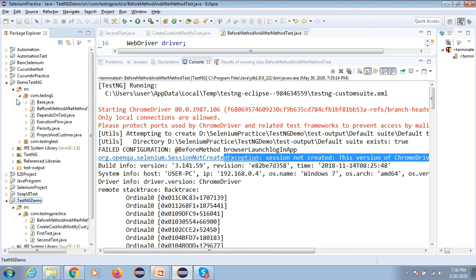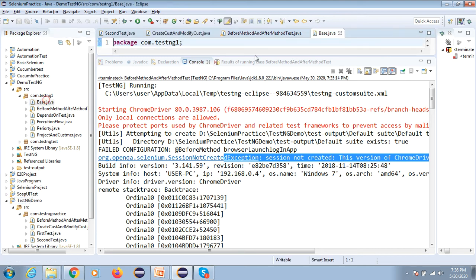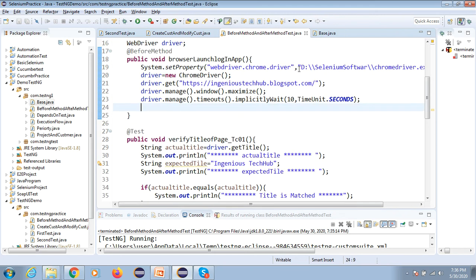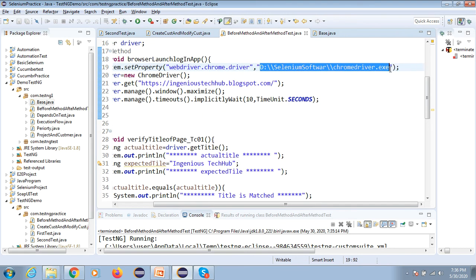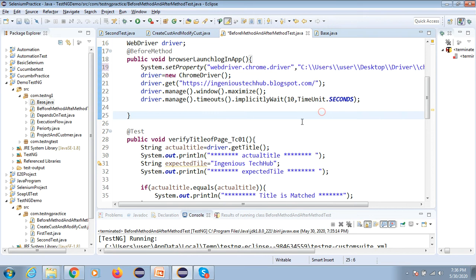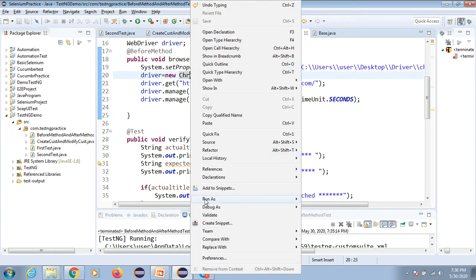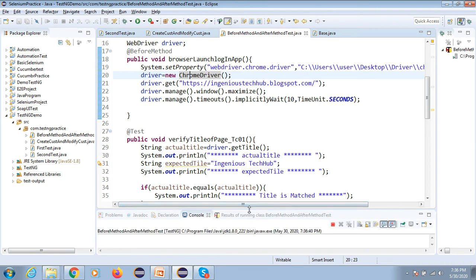One second, in the base class I change this. Oh, I kept it inside the desktop. Okay, so let me change this. Okay, now I'm going to execute, so it will work.